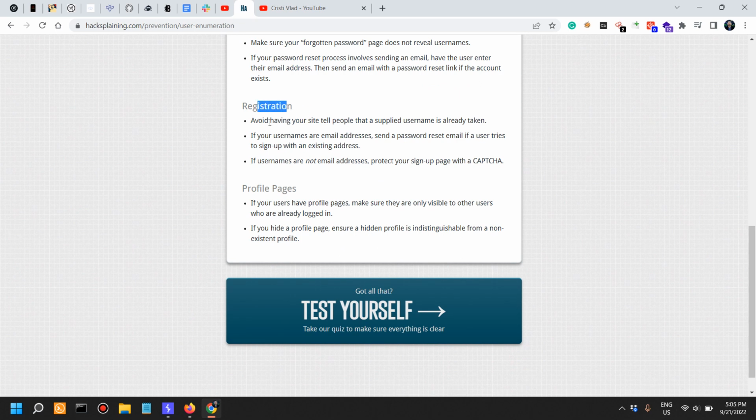Now, when it comes to registration pages, avoid having your site tell people that a supplied username is already taken. And if your username is an email address, send a password reset if a user tries to sign up with an existing email address. If usernames are not email addresses, you should protect the sign up page with some sort of